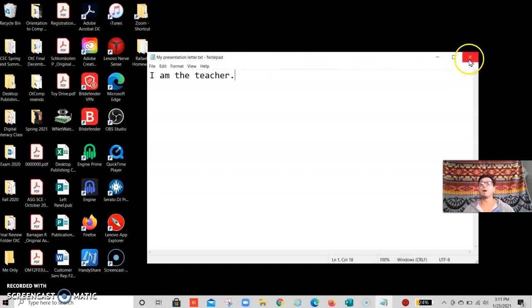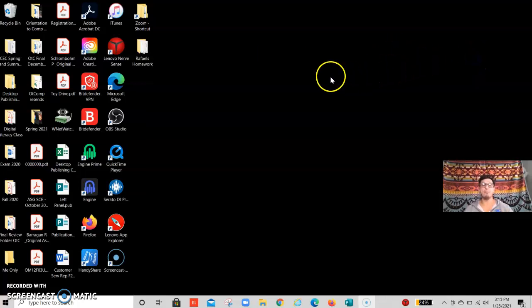So now if I close this, and later on I come back to my computer and I wonder where that file is, you just have to remember that you placed it inside of Raphael's homework, which is right here. If I double click this folder, now you see there's paper on there, right? There's a paper in the icon. So that means that there are files inside. So I'm going to double click Raphael's homework,